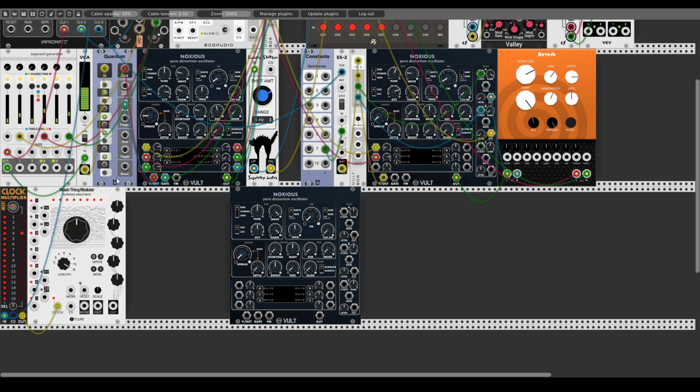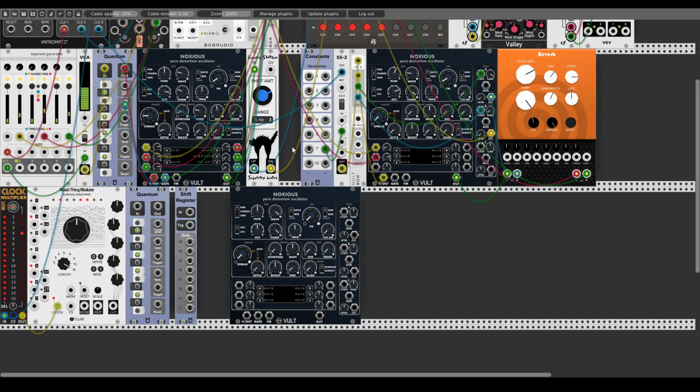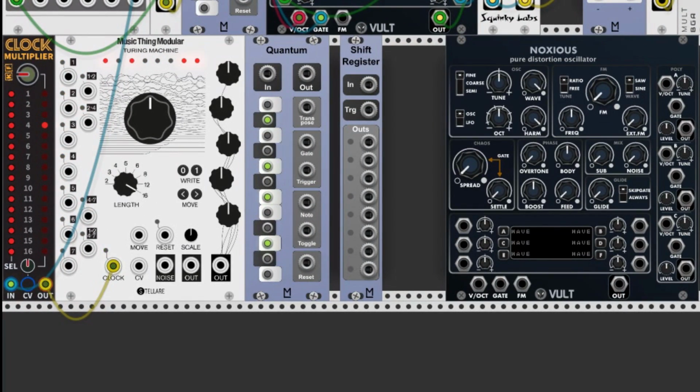Now let's duplicate Quantum, the one we have here. And in this case, because we have again multiple voices, we can use also the shift register. Also from ML, we can use it to sample the signal coming from Quantum and shift it through its 8 outputs, so we will get different pitches for all 4 voices.